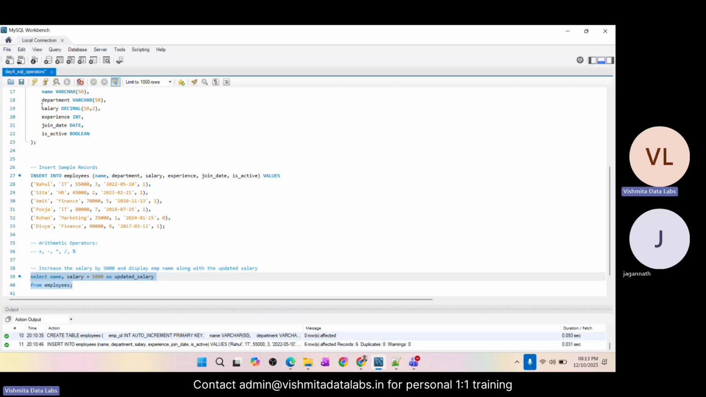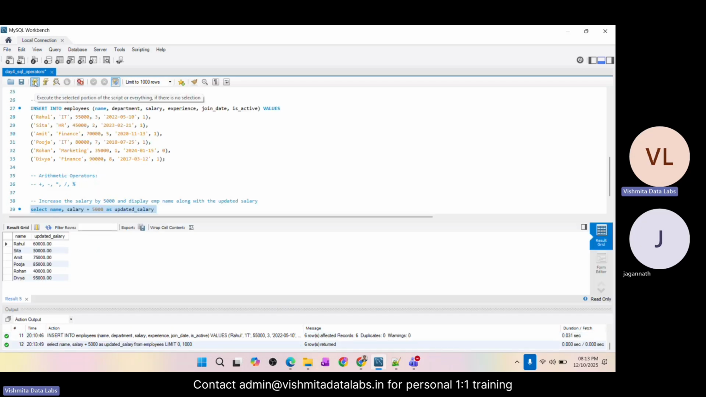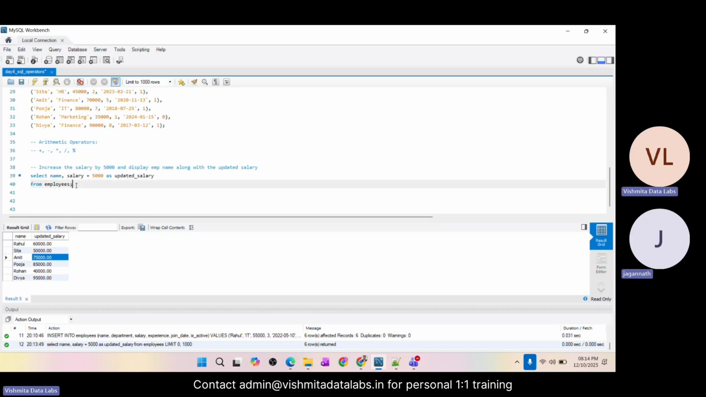Okay, so now if I see here, 55,000 plus 5,000 is 60,000, and for 50,000 it is 70,000 and so on. So it got updated, right? For this reason, we are using arithmetic operators. Similarly, we can, let's say, for example,